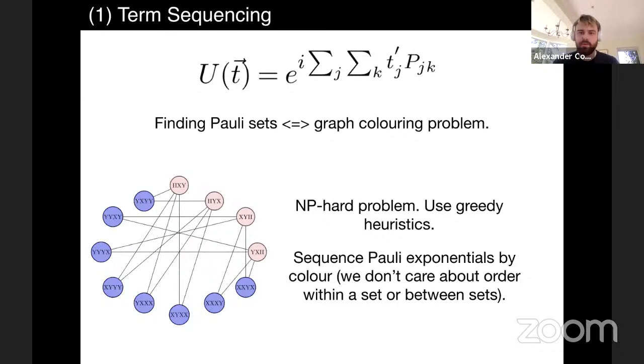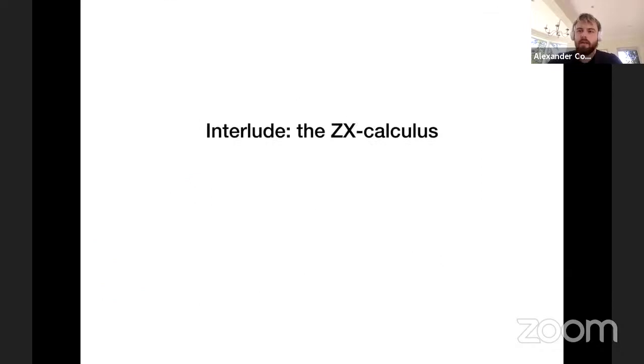And once we have colors for all of our different sets, we are then going to sequence these Pauli exponentials by color into our circuit. We don't care about the order within a set because the terms all mutually commute, and we don't care about the order between sets for now. So we now have a sequence of Pauli terms determined by this greedy heuristic,